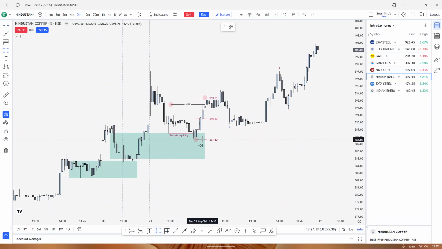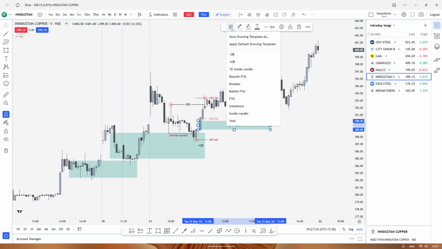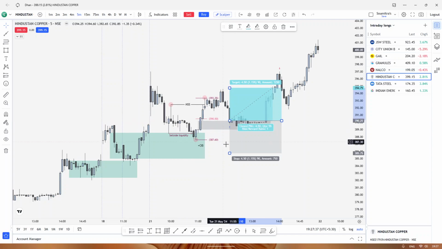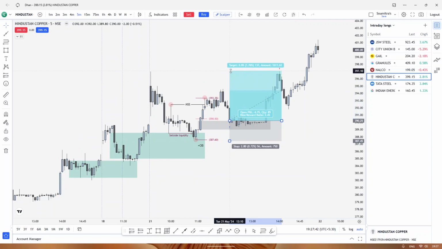So we find this fair value gap here in this bottom 50% portion of this dealing range, and so we were bullish from here, just from the top of this fair value gap, keeping our stop loss just below this swing low, and target is up to the next drawn liquidity, which is today's high already. So it made a high here. We kept our target at that high only,